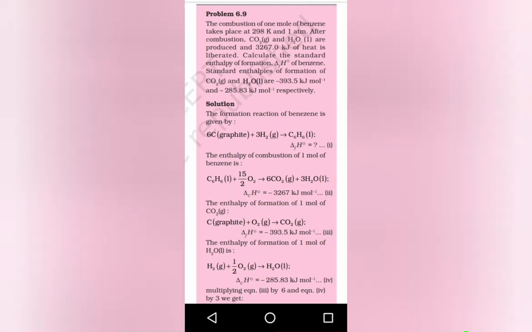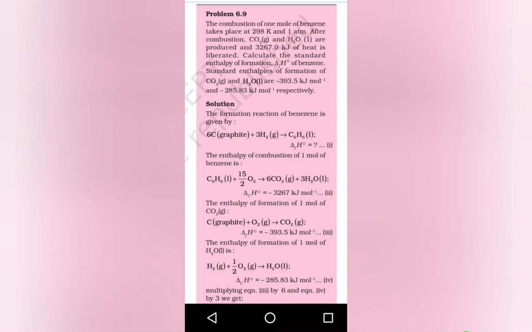And we just add these three chemical equations, so that we will get the value of delta H0 as 48.51 kilojoules. Try to solve the problem. There is no chemistry behind it, but the statements have to be converted into mathematical chemical equations. After that, according to the equation, that means how many carbon atoms and hydrogen atoms are there, the equation has to be balanced, and then find out the answer.